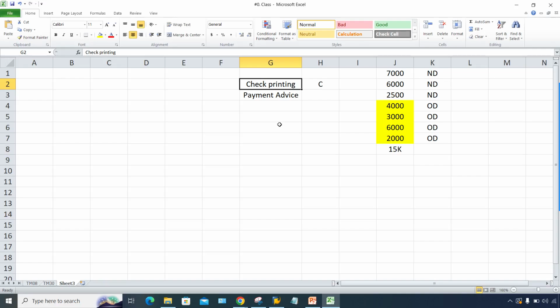Check lot number will be given. So here generally what happens now, I'll tell you the process. Check printing and then payment advice will be generated. Payment advice means the list of invoices which is part of this check. So these two things are going to be printed, check along with payment advice. Now what we have to do, guys, now